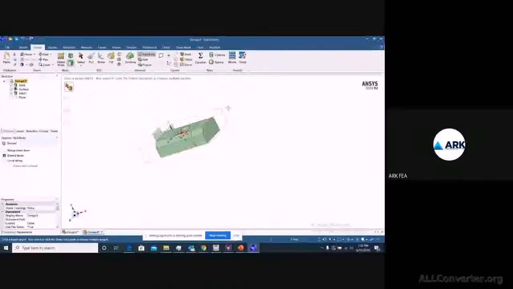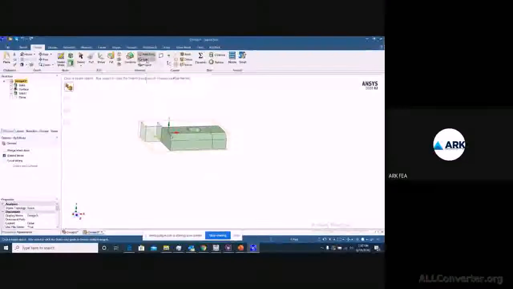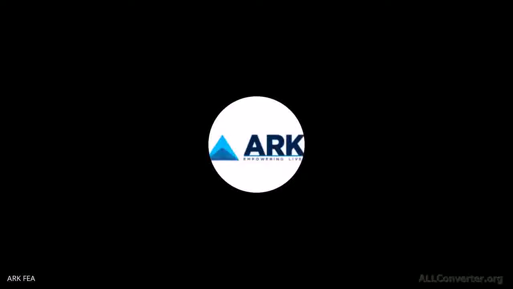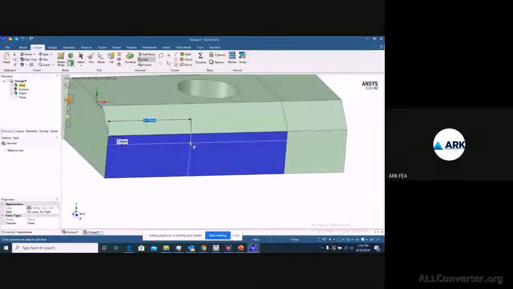Now the next point comes, if you have to split your surface. So to split a surface, we need to go to the split. Under same intersection one, just select the split, and you can select the surface and place your pointer wherever you want to have it.